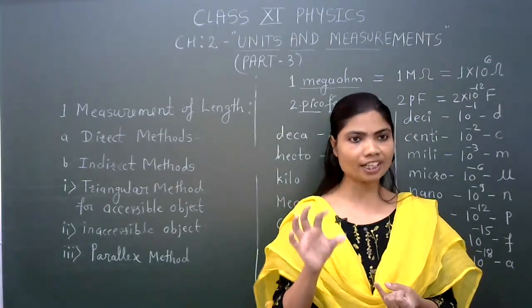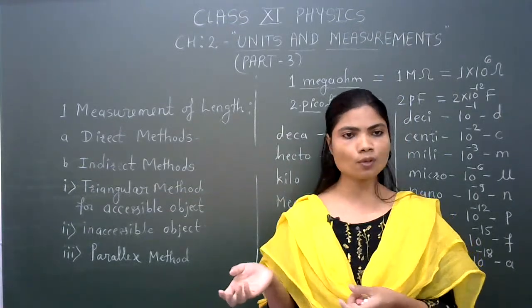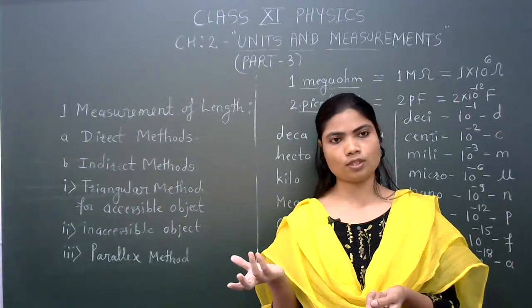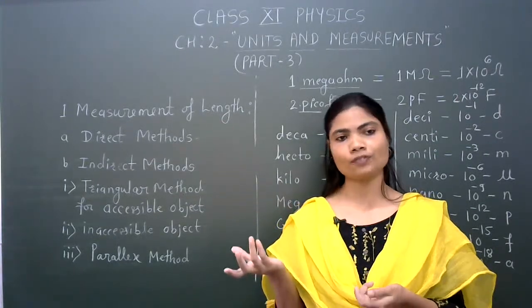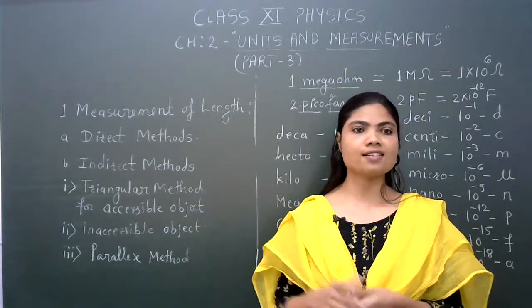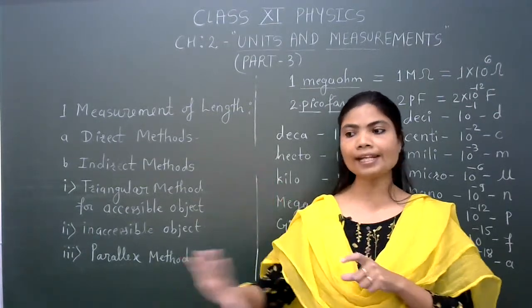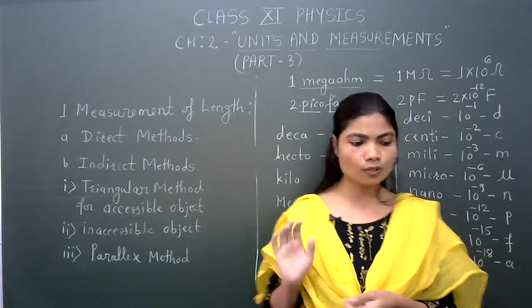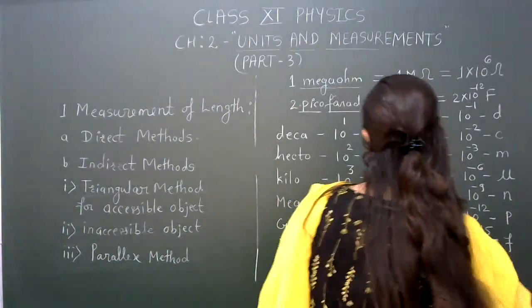For example, a tree. If there is a tree on a road, we can say it is an accessible object. You can find the height of a tree, electric pole, or tower present on a particular plane level of ground. So first we will begin with the triangular method